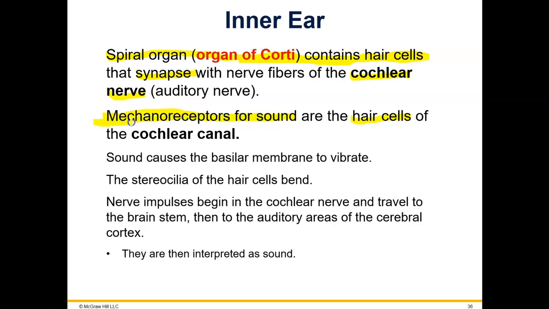That means that different sounds will bend those hair cells. The sound will vibrate the basilar membrane, and we'll see these structures in a minute. That will cause the bending of the stereocilia of the hair cells. Then the nerve impulse will be transmitted to the cochlear nerve, and it will travel from the cochlear nerve to the brain and then to the auditory areas of the cerebral cortex, which really are in the temporal